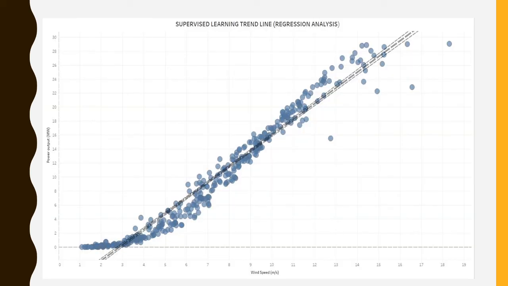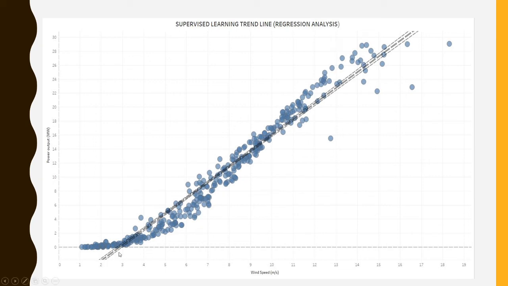Now we have implemented this model in Tableau also, and we have used a windmill data set. The attributes we are using are wind speed and power output, where we see that the power output is dependent on wind speed. Now we have a windmill. If more wind comes at a high speed, the power generated by the windmill will also be more. It is very obvious that if there is more wind, the shafts will run fast, and if the shafts run fast, automatically the power output generated from the windmill will also be more, and that is what we see in this data also.